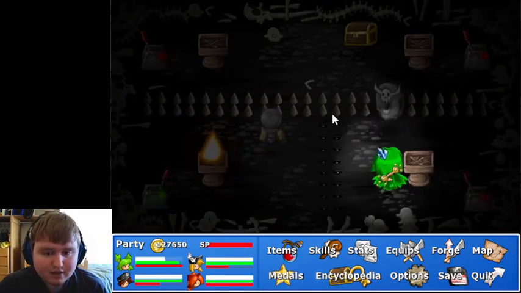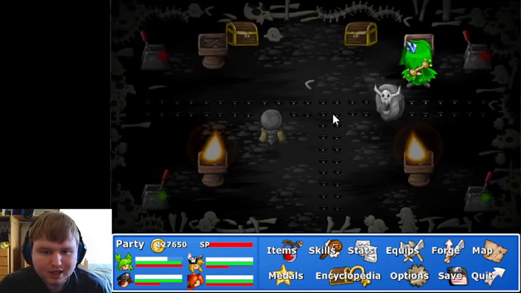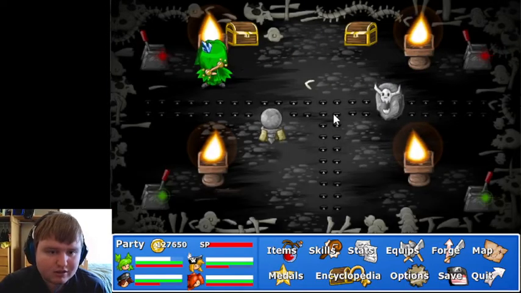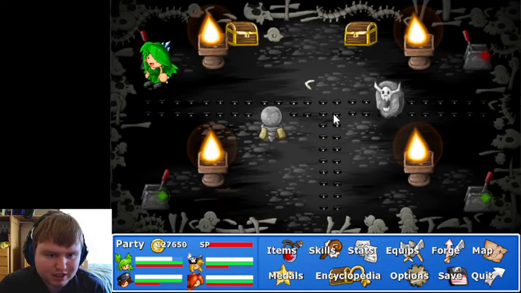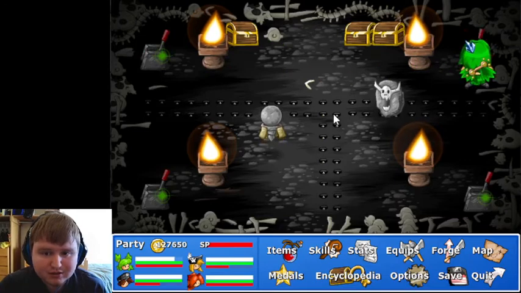We got that for that. Oh, that's cool. The more lighting we have, the easier it is to see around here. I think I heard something rattling up ahead. We're not alone in here. Alright, it's fine. Ew, I stepped on something crunchy. Well, that seemed to whip out some chests,